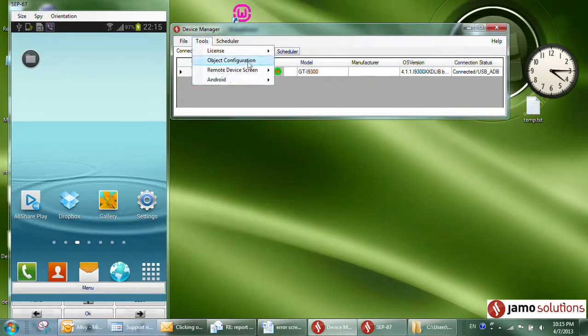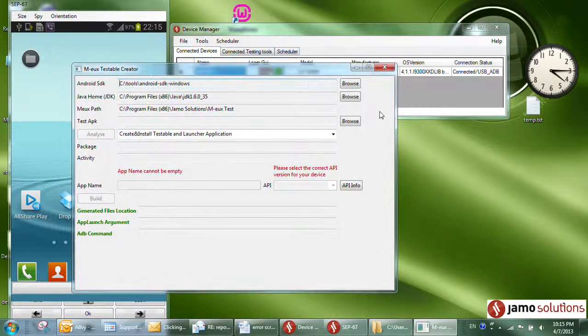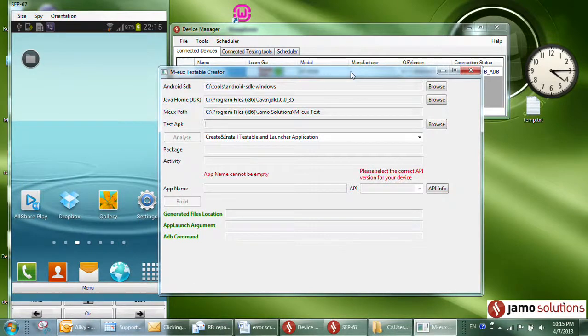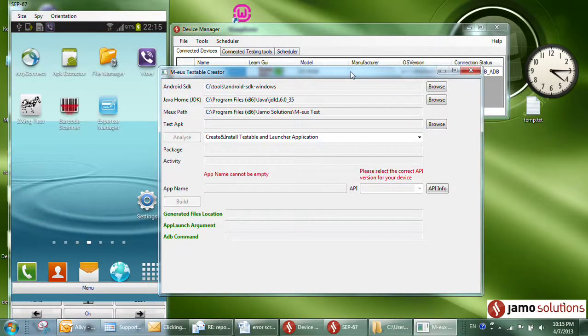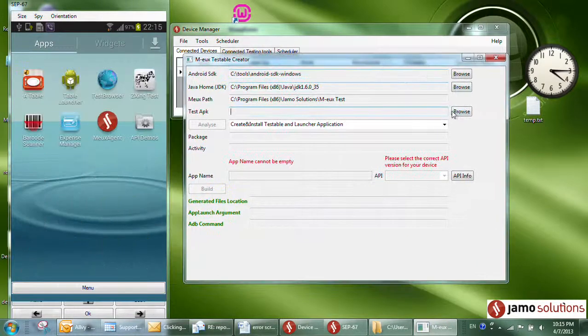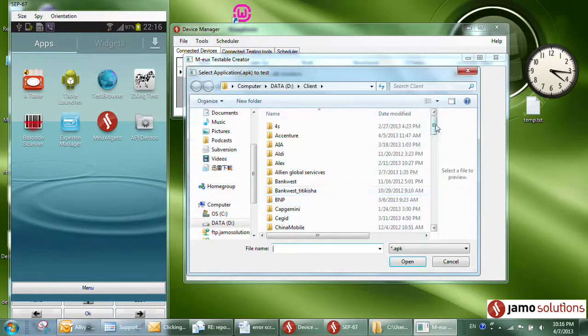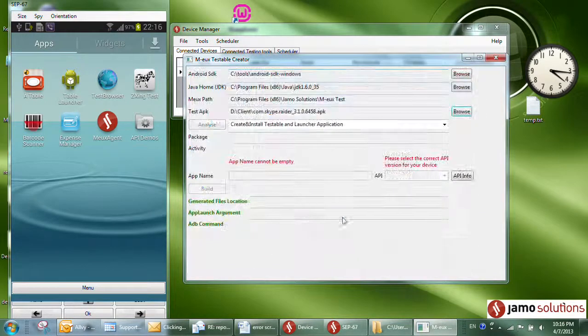Let's go to Tools and Android Testable Creator. Basically, you will have to input your APK to this field, and then you choose the correct API version for your device. In this way, the right version of M-eux Test library will be included in your application. So let's go ahead and go to my test APK. I am going to use the Skype APK because I have used it before and it was quite fun. And then I press Analyze,